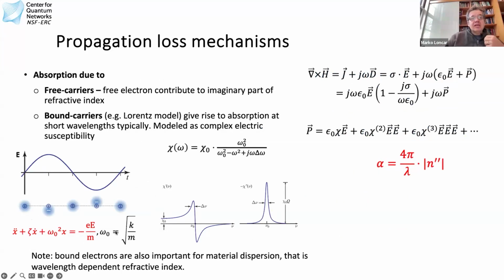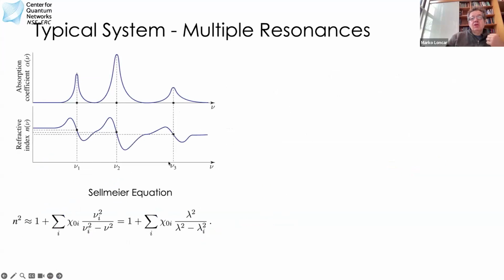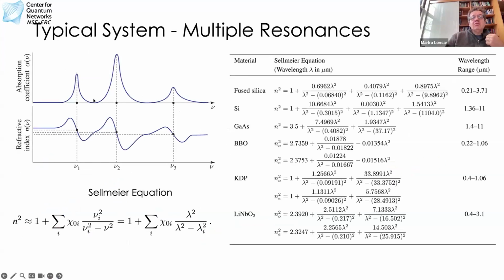And when you do the math on this, you find that the susceptibility of the material is not real, but has this Lorentzian shape, and it does have an imaginary component as well. So these bound electrons, as they respond to the electric field, can also introduce loss. And by the way, this simple Lorentzian model is extremely powerful because it can be used to model the response of any material, ideally far away from the band gap. So here I'm showing